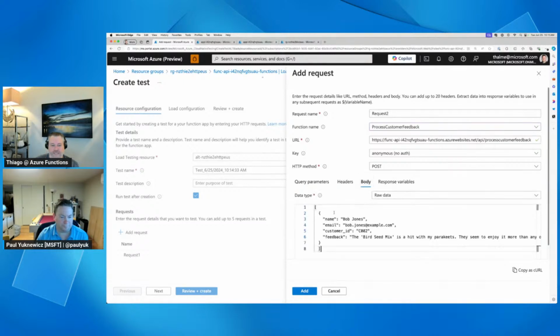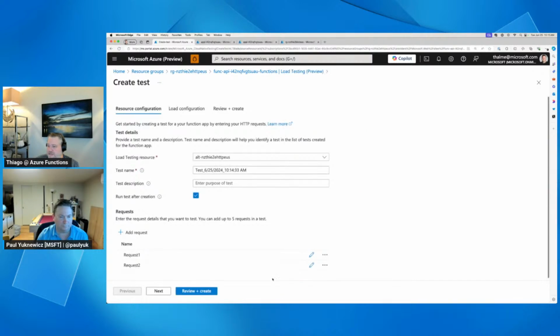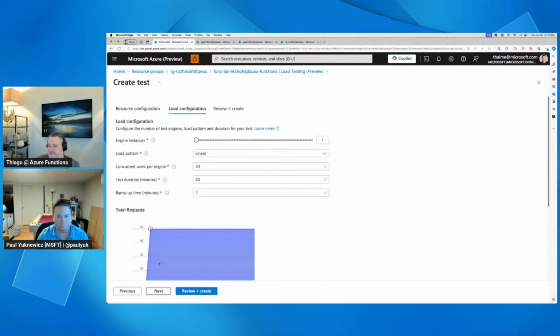So Azure Load Testing is checking out my function, finding the ones that are HTTP triggered, and then it shows them here for me to be able to add the requests, right? Next, you just configure pretty much like you would configure your normal Azure load test. So I'll say concurrent users per engine 150, 5 engines here.